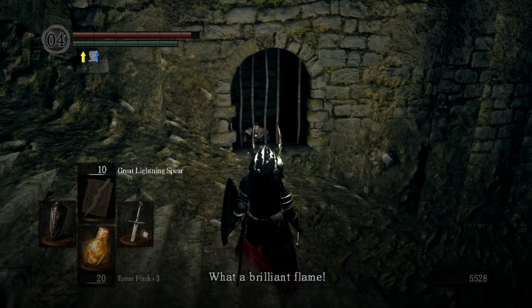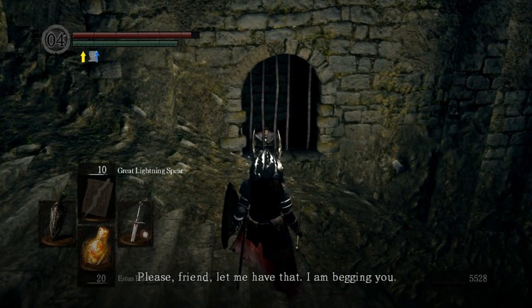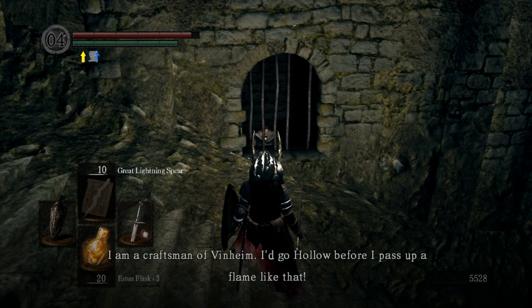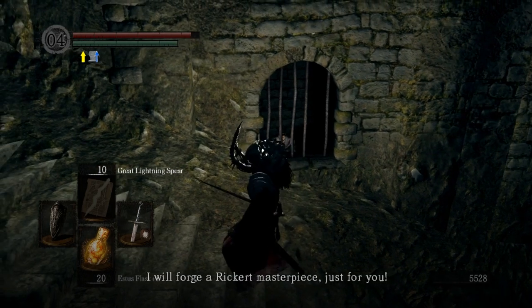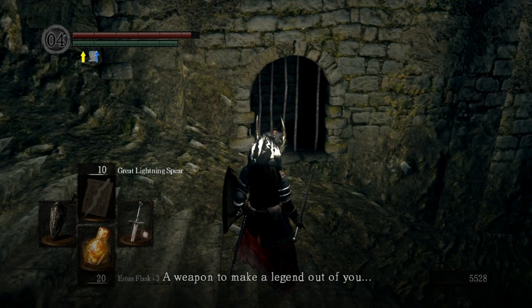What a brilliant flame. Please, friend, let me have that, I am begging you. I am a craftsman of Vinheim. I'd go hollow before I pass him a flame like that. I wonder if you actually say no if he will go hollow. But we'll give it to him. Oh, really? You are wonderful. I will forge a Rickett masterpiece just for you. A weapon to make a legend out of